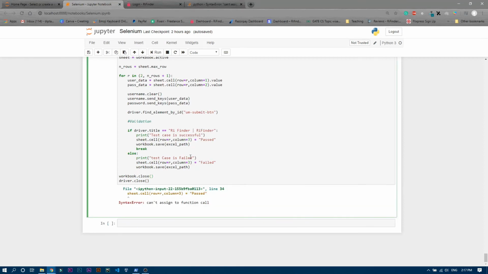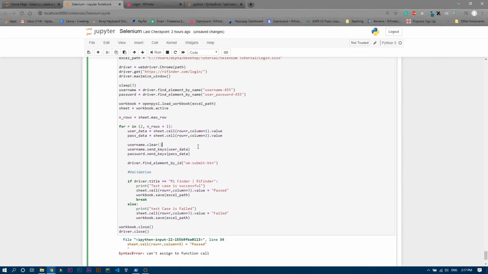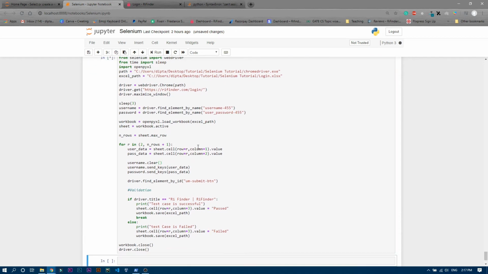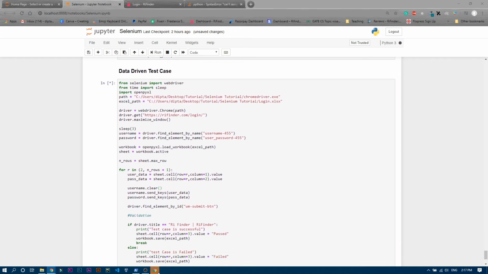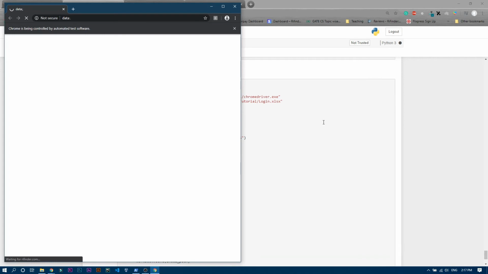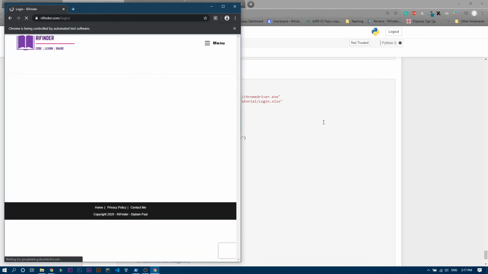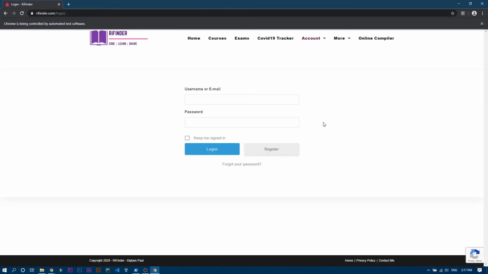We are getting this error because we have to write .value over here, because you can't assign a value to a function, right? So you have to write .value over here. Okay, so let's rerun this cell and see. You can see it opens this browser. Now it's loading that particular page. Now it should try with the first test case,